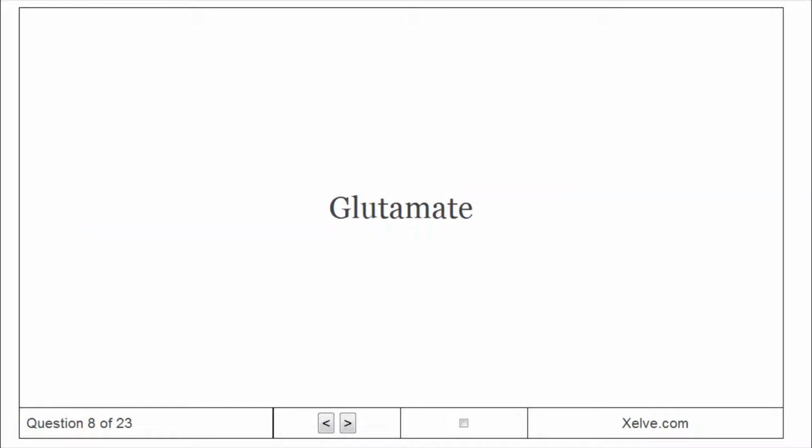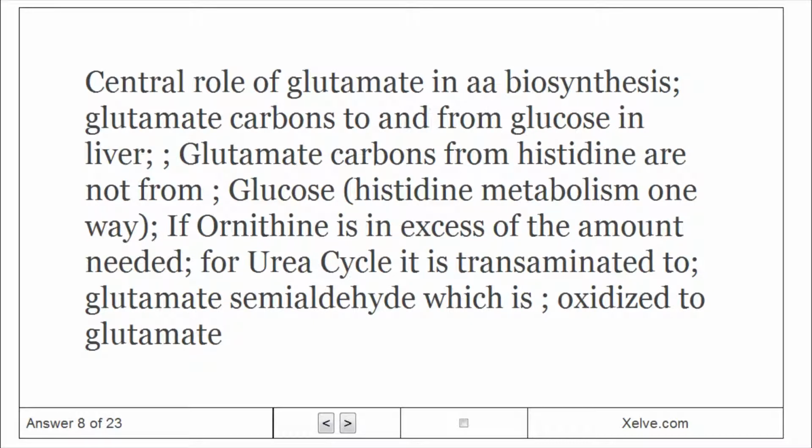Glutamate. Central role of glutamate in AA biosynthesis. Glutamate carbons to and from glucose in liver. Glutamate carbons from histidine are not from glucose if ornithine is in excess of the amount needed. For the urea cycle, it is transaminated to glutamate semialdehyde, which is oxidized to